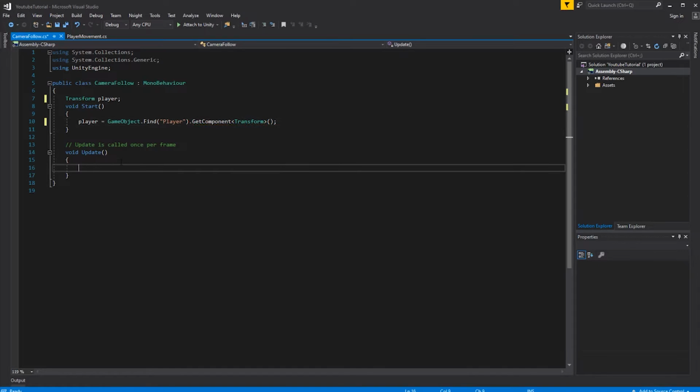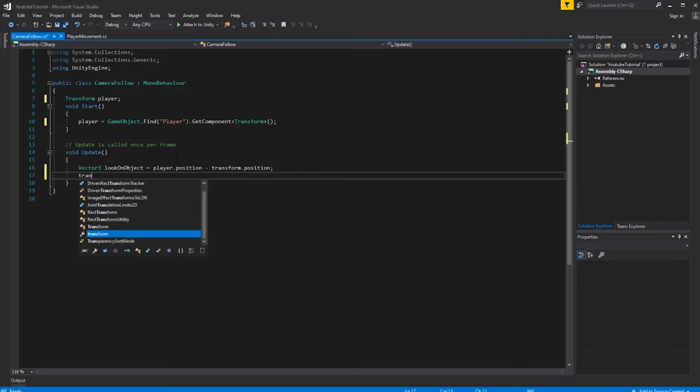Now, what you want to do is to make the camera follow the player. We are going to make a Vector3 called look on object, and there we'll make the difference between player.position minus transform.position, the camera position.